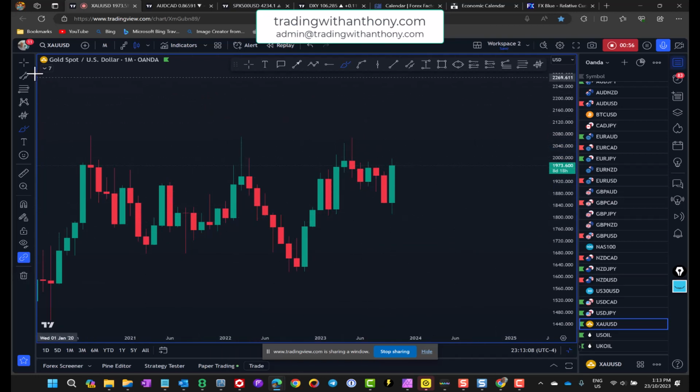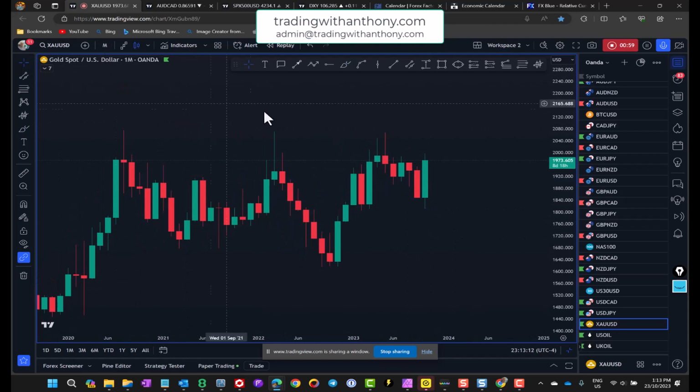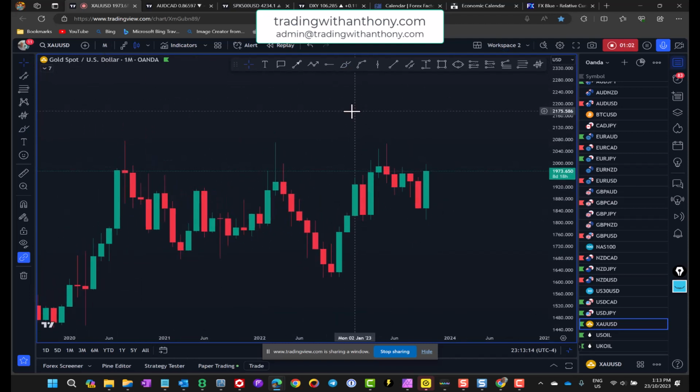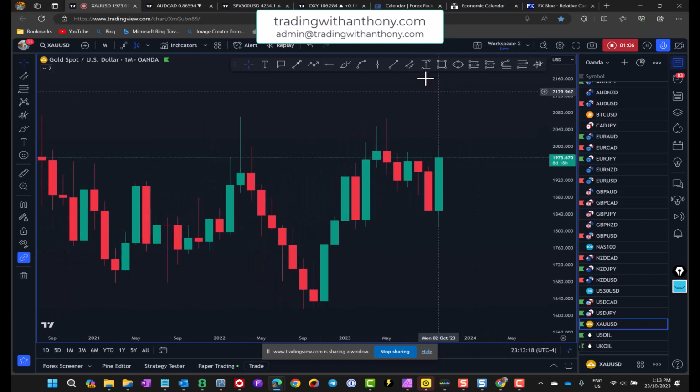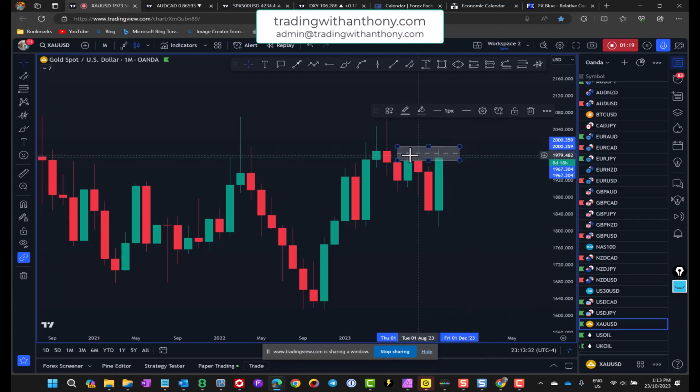What I want to do is just get a bit closer to the price action on lower time frames, and we'll have a look at a potential trade idea. The first thing that I can see on this chart is if we grab this parallel channel, have a look at these highs over through here. The relative equal highs, pull it through, and we get this move into this range above these candle bodies. There's a big level of buy stops prior to this move here. This has moved up into this and has taken out a fair bit of liquidity resting up here. Given that this is a big level as such,